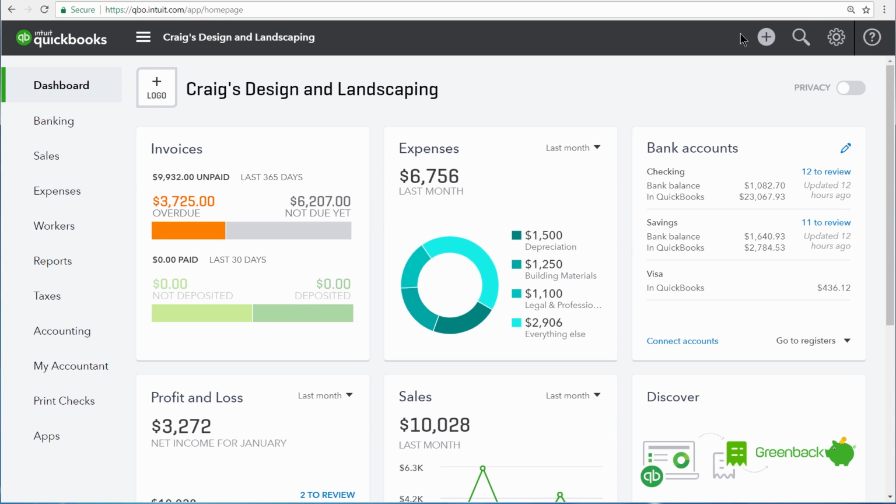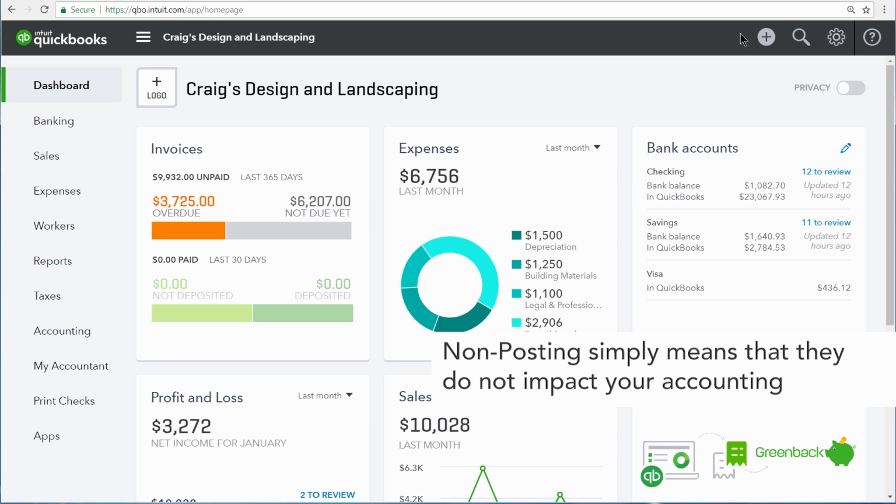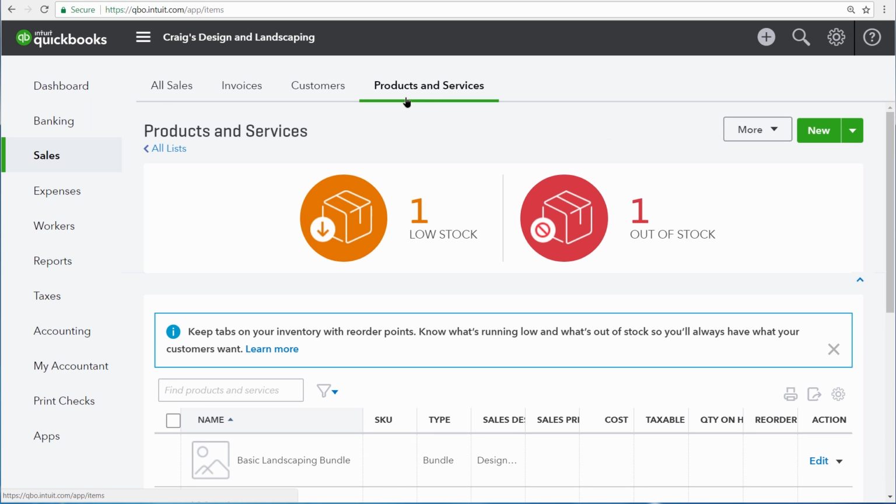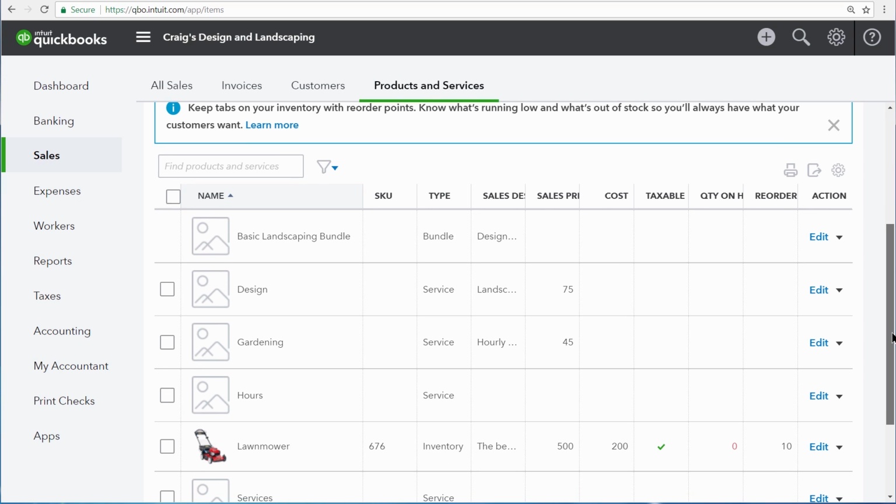Purchase orders are non-posting transactions that communicate your desire to a vendor to buy something from them. Before we enter a purchase order, let's go to Sales, Products and Services. Right now, the products and services list is giving us a full list of all of the products and services